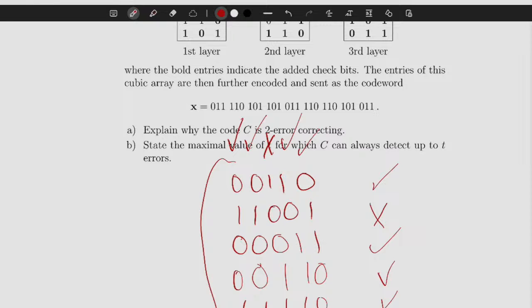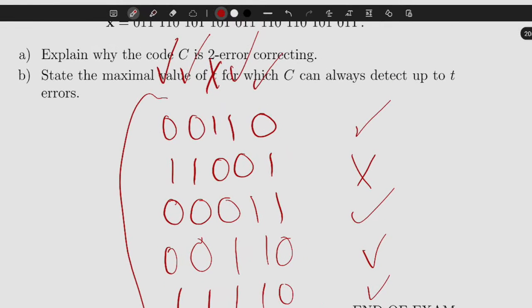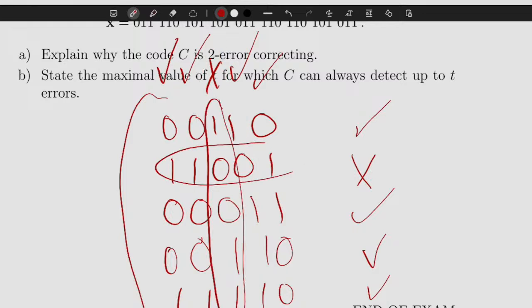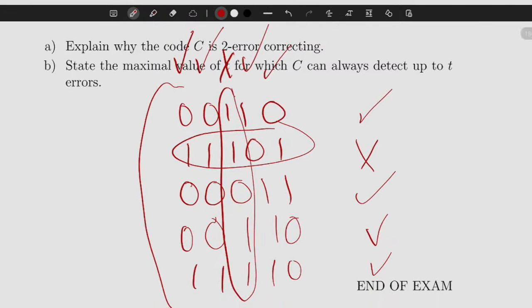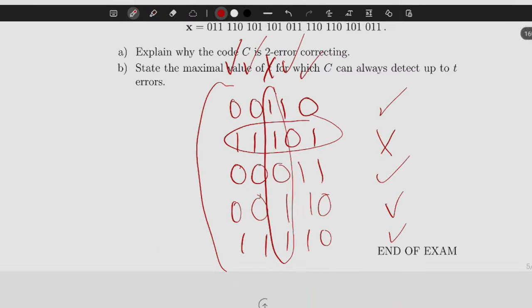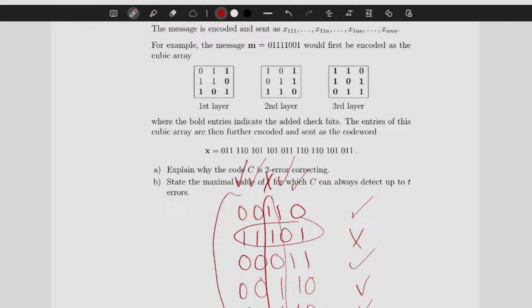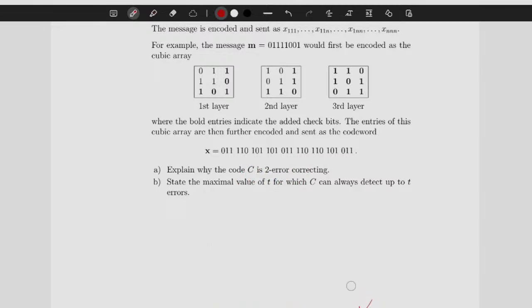Then, what is happening? Yep, this is supposed to be 0. Okay, then I can say, alright, well there's an error in this column, there's an error in this row, so I can just realize that, hey, it's probably this bit that's wrong. And then I can correct one error, right? So on the very easy 2D plane, we can determine that it is one error correcting, right? Super slay. But now let's actually answer the question, and let's talk about this instead.